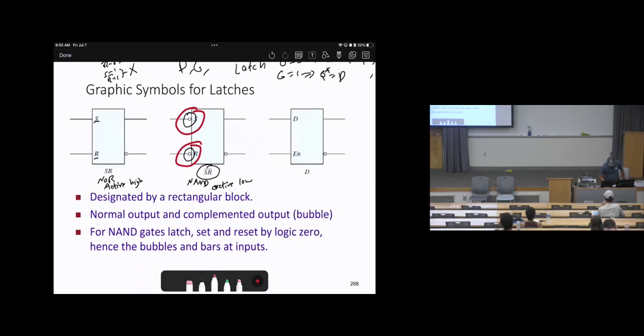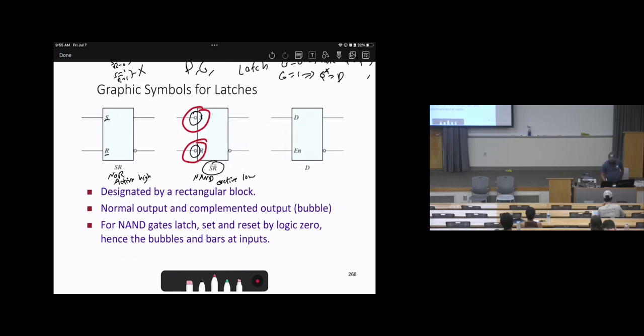Then for the D latch, in this way, there is enable and there is D. Then we can realize this symbol is active high. Why? Because there are no bubbles at the inputs. In case there are bubbles, again, it will be active low. Okay? Any questions? We already discussed several timing diagrams and how to solve the timing diagram for each type,